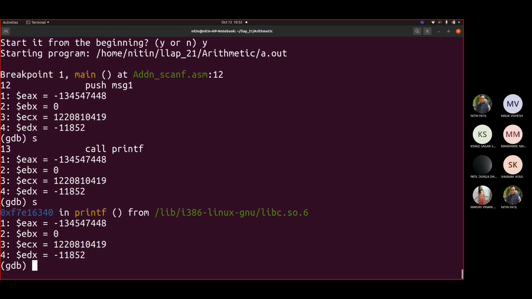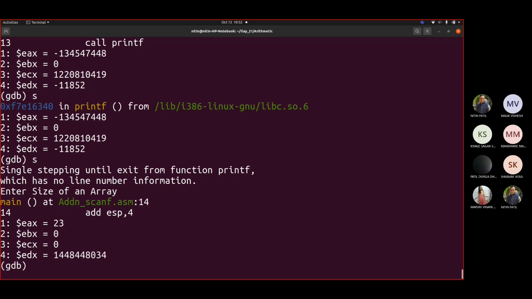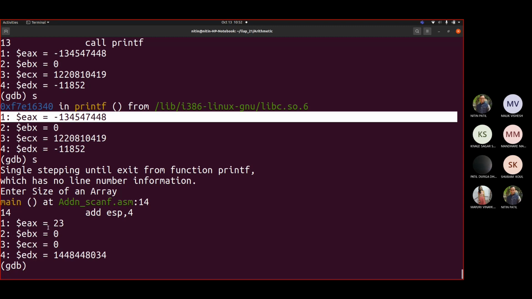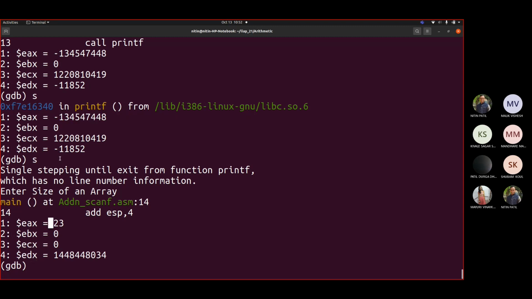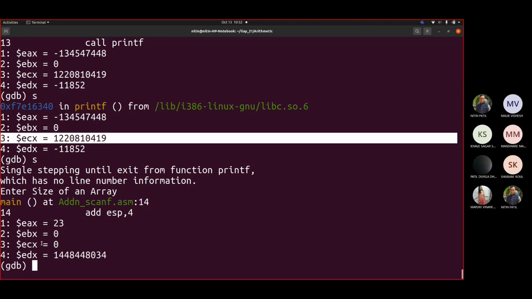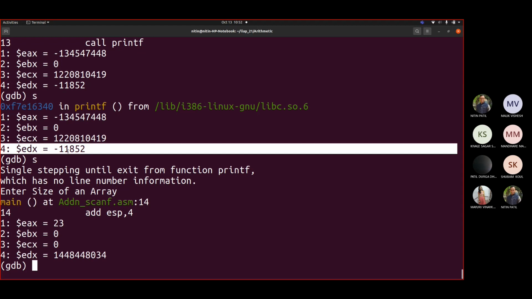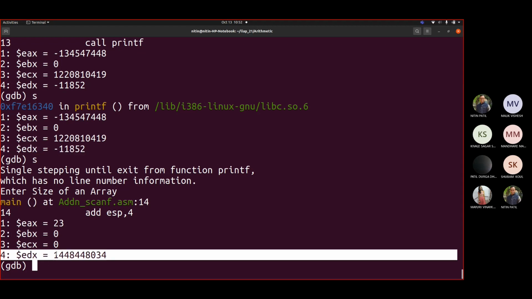So if I say step, now check which values got changed. You can see this EAX value, this ECX value, this EDX value. Because the function was called, these are the registers used by the function call.